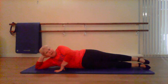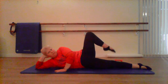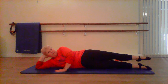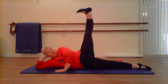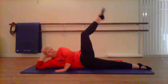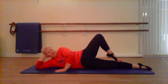So legs in line, you can prop your head up, use your arms as a pillow, whatever feels most comfortable. Turn the feet out. Draw the heel up. Extend, flex, slowly down. So point, and fold, flex, and lower. For 3, and 4,